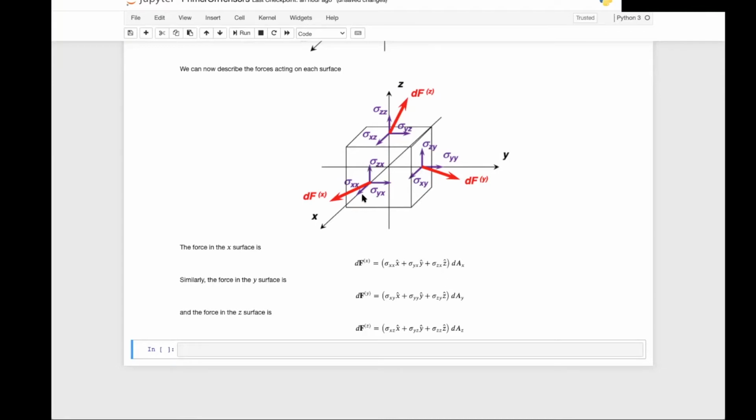on the surface x. Similarly, the force on the y surface, which is here, is given by the summation of the three vectors given by the stresses: sigma xy in the x direction, sigma yy in the y direction, and sigma zy in the z direction. That gives you the vector df superscript y. And the force on the z surface is again given by the combination of these three vectors. And putting it all together, the force on the cube is going to be given by the sum of these